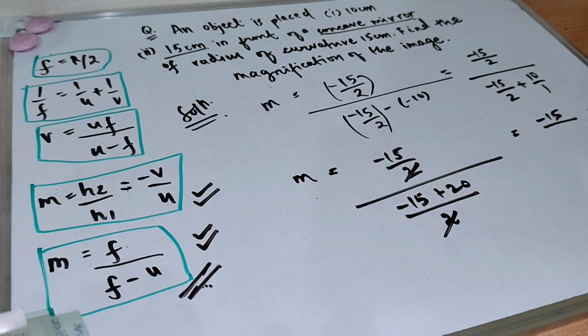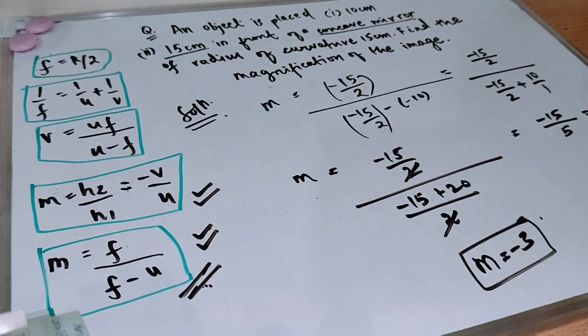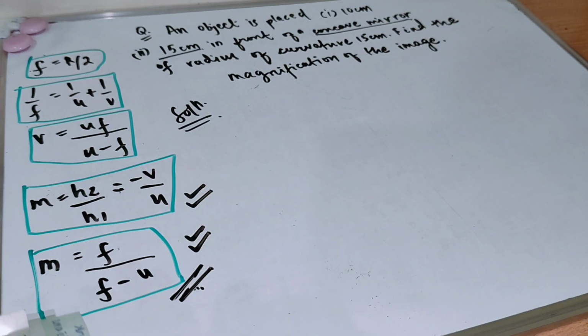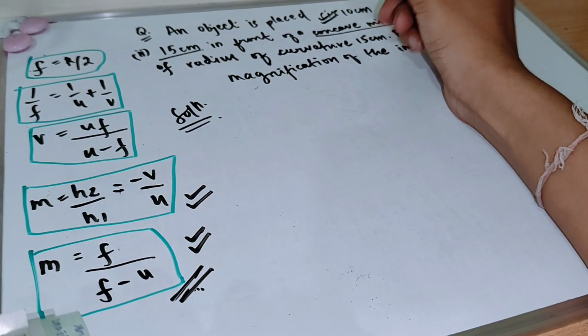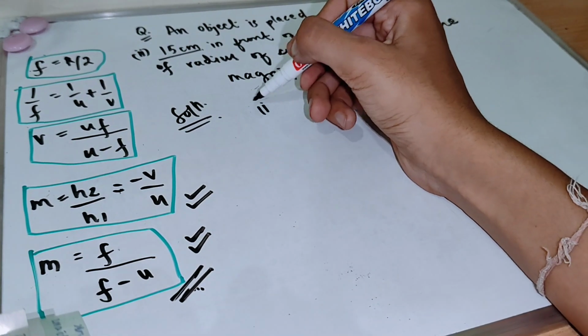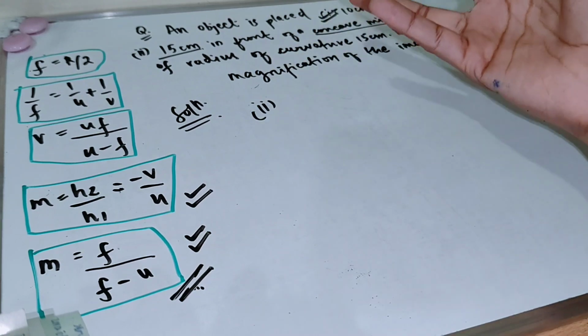2 from 2 is going to get cancelled, and this is going to become 5 minus 3. So the magnification is minus 3. That is it. We have the answer. This was the first part of the question, and now in the second part of the question, you can do